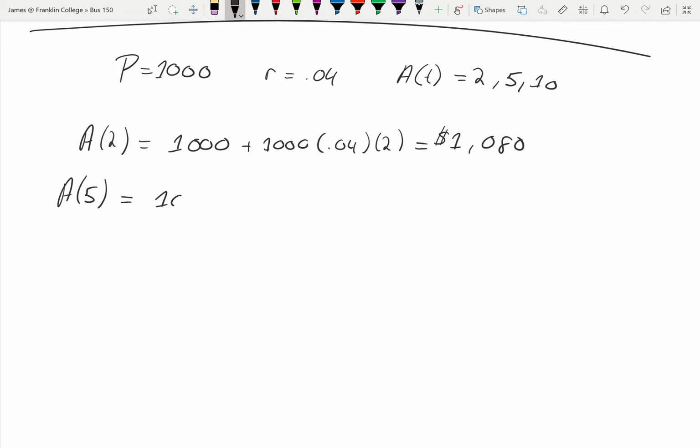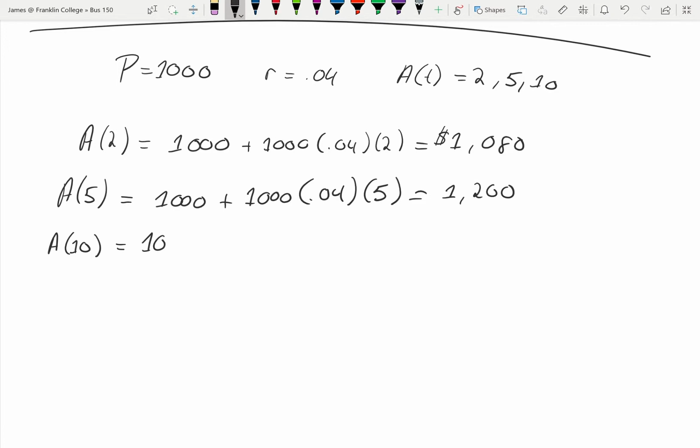A equals 1,000 plus 1,000 times 0.04 times 5, that equals 1,200. At 10 years, how much money will be in this account, given that it accrues interest at a simple rate? 0.04 times 10, well, that equals